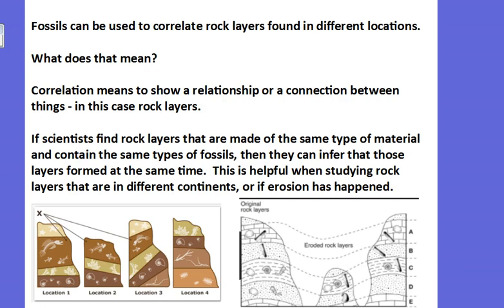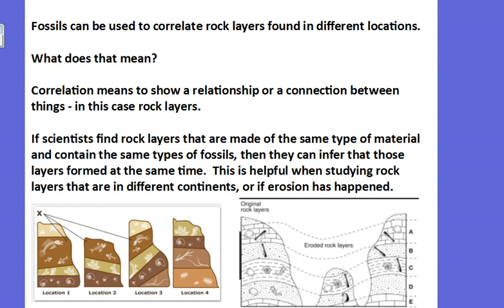Fossils can be used to correlate, or connect or compare, rock layers found in different locations. So what does that mean? It means, again, that it shows a relationship or a connection between things, and in this case it's rock layers. Because a lot of times you get scientists comparing fossils and rock layers that they found in different parts of the world, where different events have been happening, and so they need to be able to kind of know